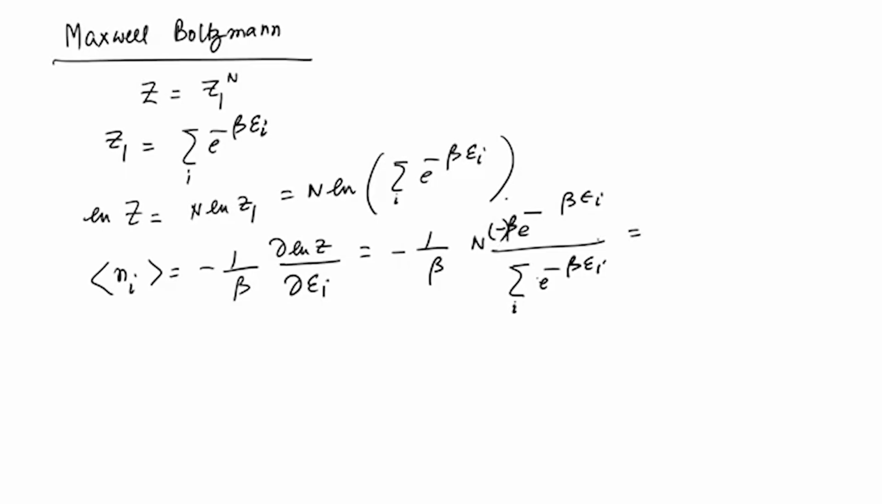So, the minus signs will cancel and the beta will cancel as well, and we get this as e to the power minus beta epsilon I divided by sum over I exponential minus beta epsilon I. So, that is the distribution that you have, and this is called the Maxwell-Boltzmann distribution, and if you want the distribution per particle, then you can divide it by this. So, this average number of particles, and if you divide it by the total number of particles,